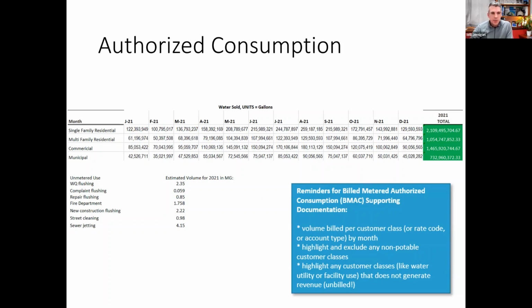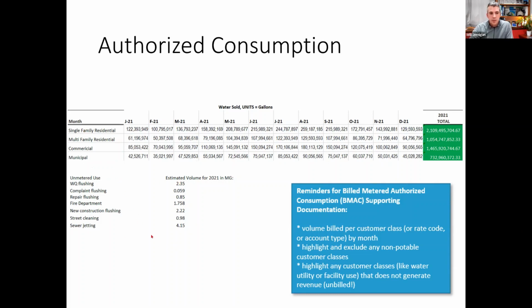In some cases, you may bill just at one code, and so you may not have separation of use types, maybe between residential customers or commercial customers. So it really depends on how you're tracking the data already. A reminder that we're going to work with the data whatever format you've got it in. So if yours doesn't look exactly like this, that's okay. But if you have the ability to separate it into the use types, that's helpful for